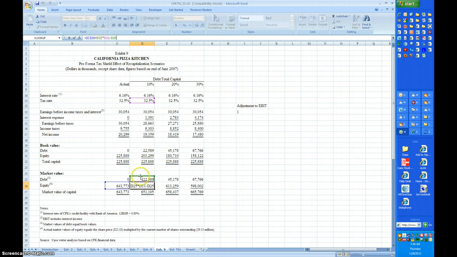And they're subtracting from that the debt because, again, the business is not funded entirely by the shareholders. There are claims by the creditors. Remember, when we talk about enterprise value, the value of the business minus the value of the debt is the value of what the shareholders have. So it goes down by the $22,589,000, just as it does on a book basis, but on a market basis,